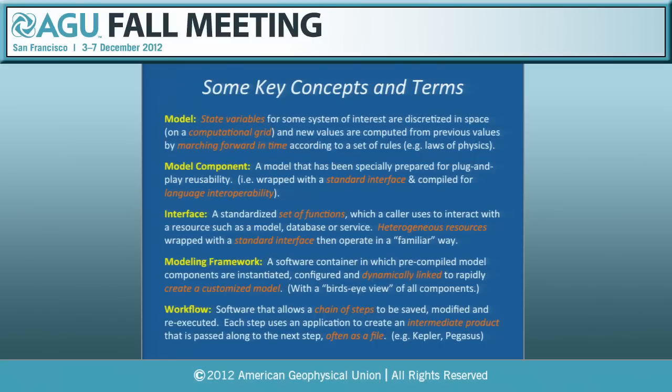And then the workflows, as I understand them, and I don't know if I can give as good of a definition for them, are a little different, though similar, in the sense that it tends to be a chain of steps where you've got a complete product after each step that goes on to some other step which may involve a different application. And the products that are passed from one to the next are passed as files, which involves reading and writing to a disk as opposed to